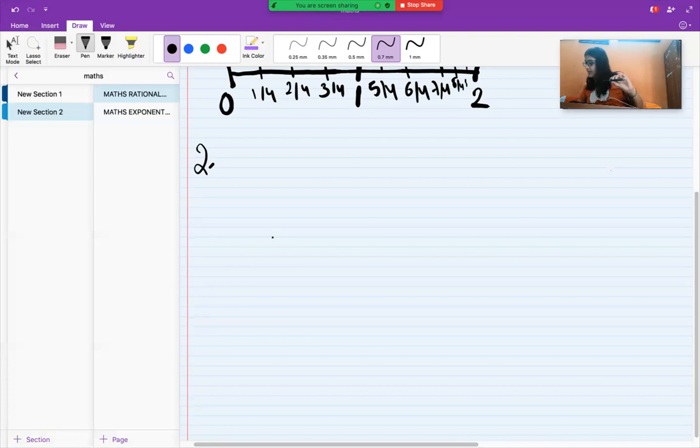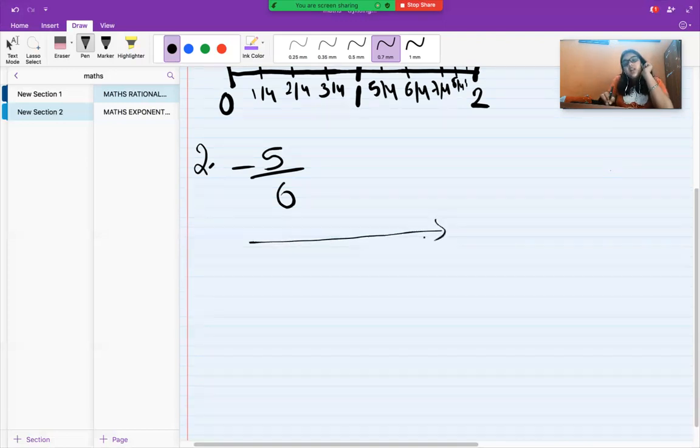Yeah, in the second part, to find minus 5 by 6 on a number line. So it's a negative, so it will always go to the left of 0. Sorry, to the left of 0. So it will be